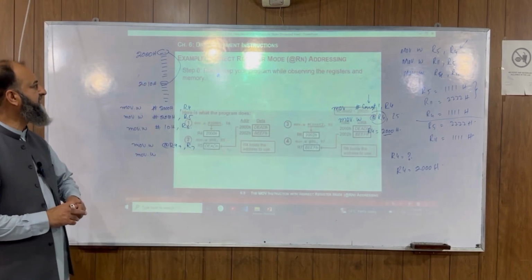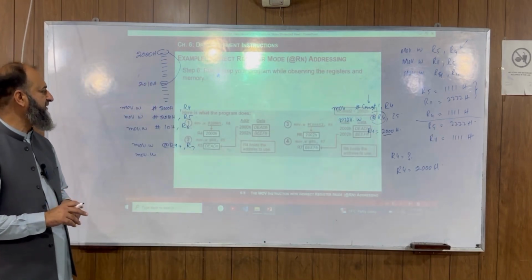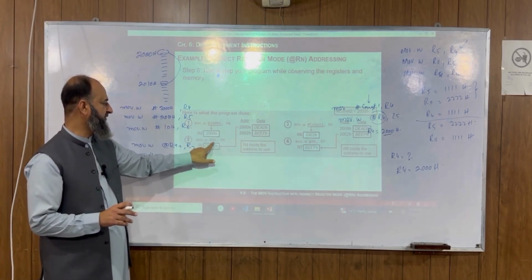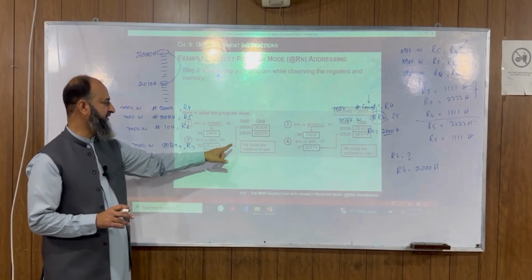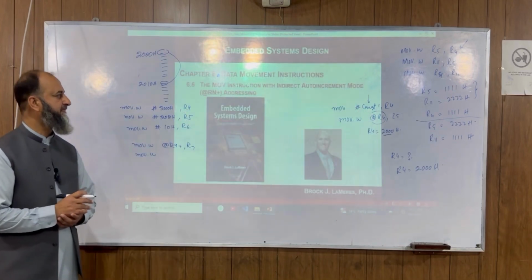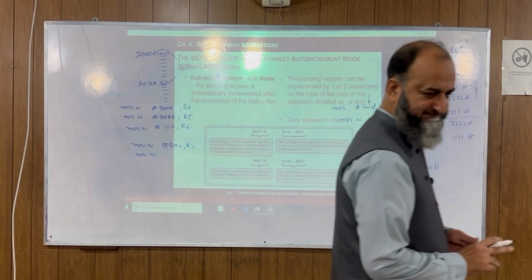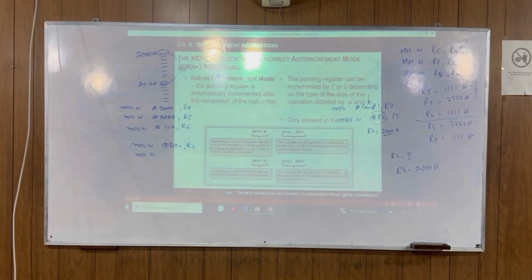Okay जी, indirect address register mode के अंदर वही add की बात कर रहे हैं. So either you are going to do this, or you are going to do this. पहले आपने ये किया फिर ये किया है ना. इसने भी एक स्लाइड 2-2 4-4 दफा लिखी. So indirect auto increment mode.